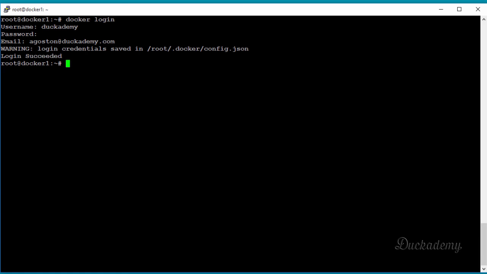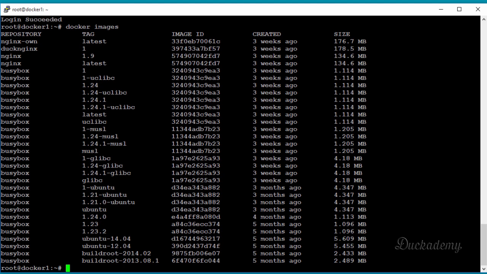So how do we upload a new image to a repository at the Docker Hub free registry? First, we have to tag the image to have a specific tag which refers to the registry and the repository. First, list all the images with the command docker images. As you can see, we have our Nginx own image. We will use it right now. To tag an image, you have to use the docker tag command. In our case, it will be the following: